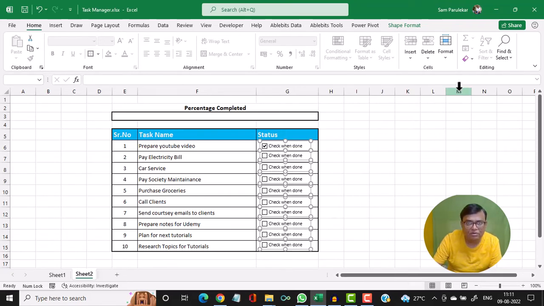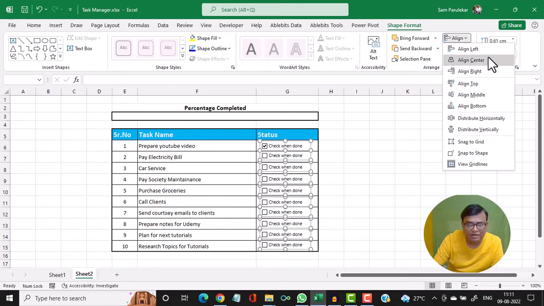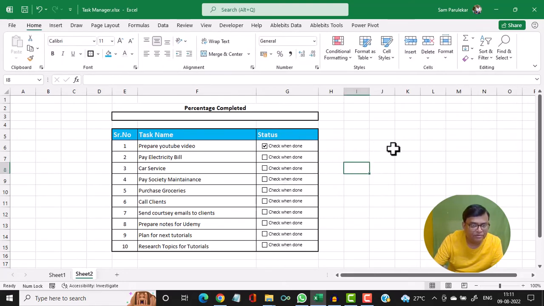And then click on shape format, select align, and we will select distribute vertically, so they get evenly distributed. Now the next thing which we will do is we'll find out what this checkbox is representing. So we click on the checkbox,